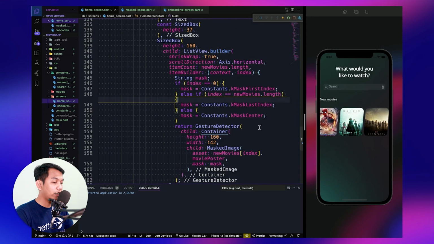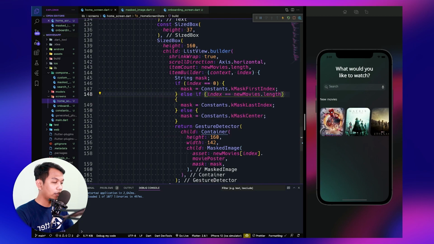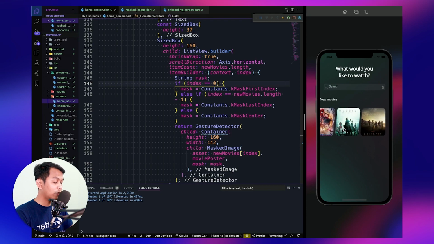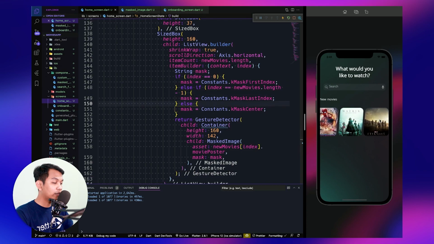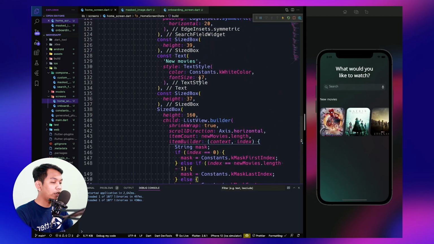Maybe we have a little bit of an error right here, so we can check it using this: if the index is movies length minus 1. Okay, when the index is the last index, it will use the last masking. So maybe we need to add a little padding here.